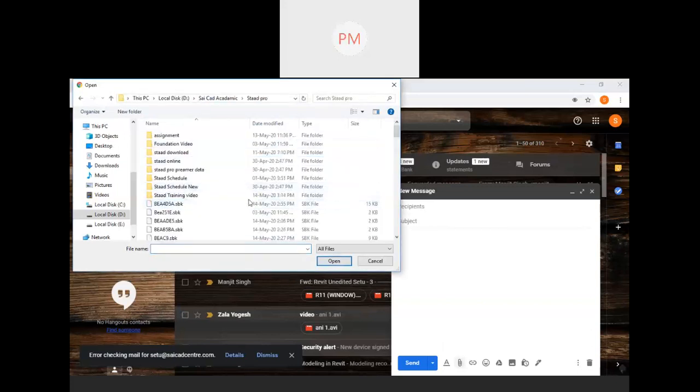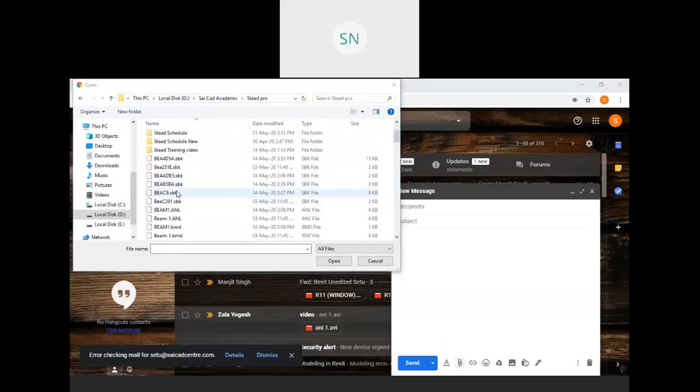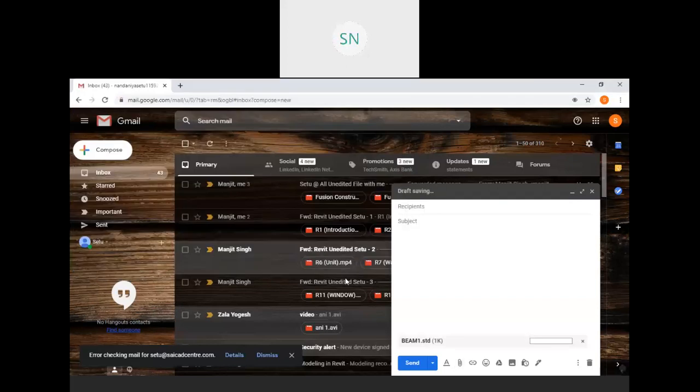We are in STAAD Pro, and here you will find all these backups, beam1.anl, beam1.mbd. Only the original file is this one, with the symbol beam1. This is our STAAD space frame file. You can attach this file directly. Select it, click on open, and that's it. You have to mail this file. And also, if you have captured any screenshot, then you can also share that.